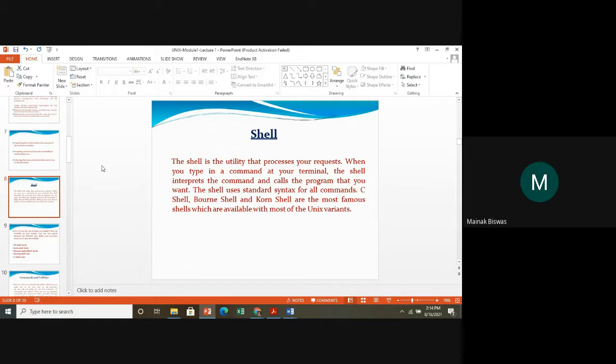The shell uses standard syntax for all commands. There are different kinds of shells: the C shell, the Bourne shell, the Korn shell, available in most of the Unix variants.